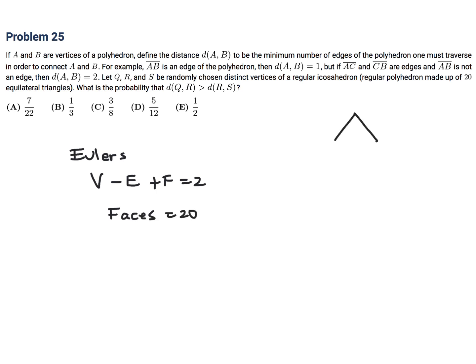I don't know what it looks like. So here's 1, here's 2, maybe there's a third one there. I'm just guessing what it might look like, some strange 3D shape like that. I just wanted to draw a little sketch to get an idea, but that's certainly not what it looks like. Okay, so the number of edges,